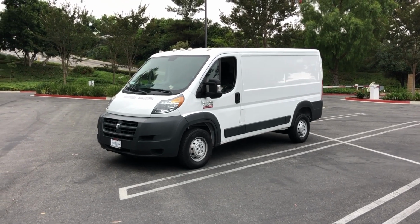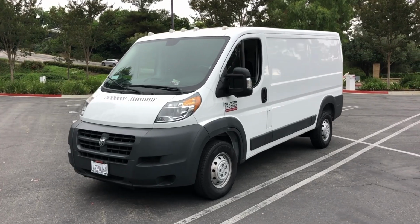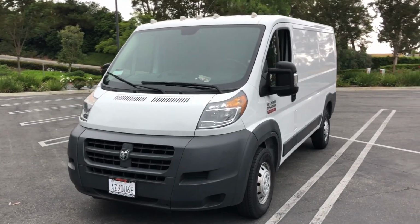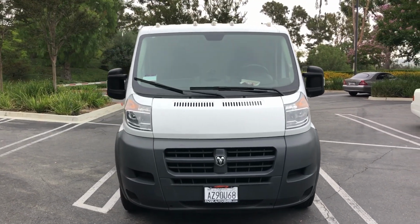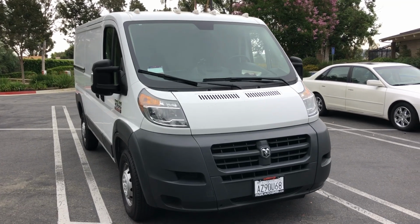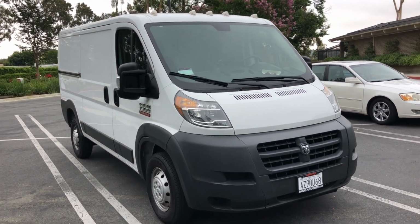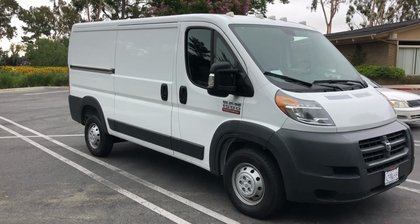Quick attempt between leaf blowers. Here's my new rig. So, low roof Ram 1500. I went low roof. It's about 5'5" of vertical clearance in the cargo area. I'm 5'11", so I just gotta lean my head to the side or forward slightly. I think it's a reasonable trade-off